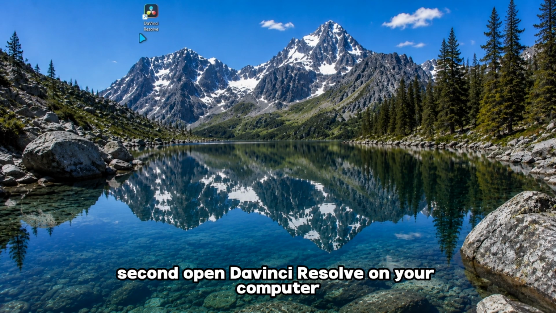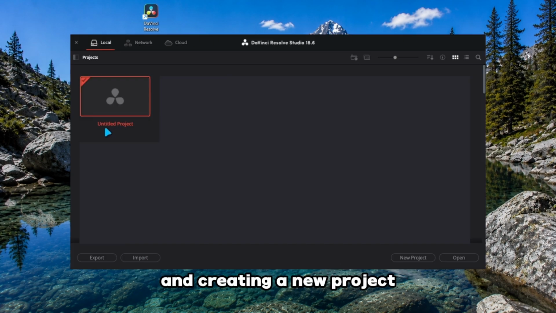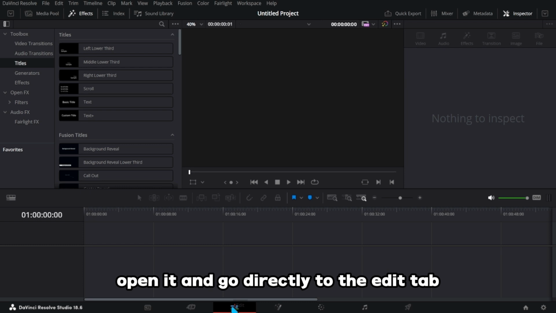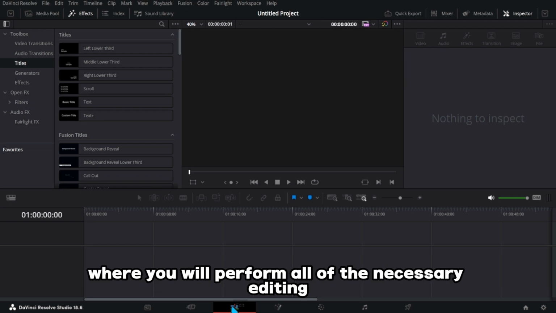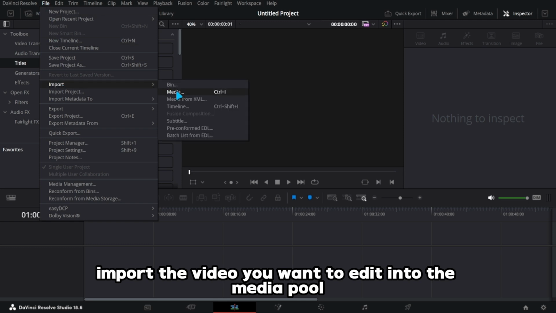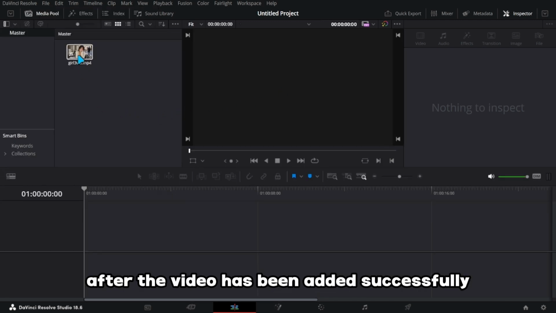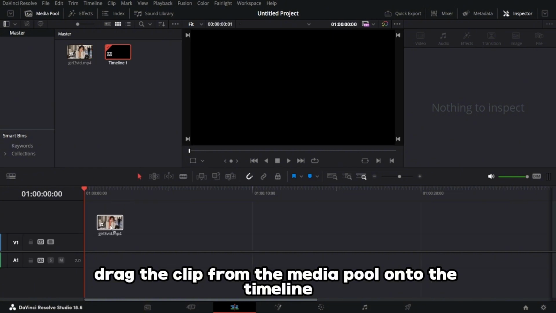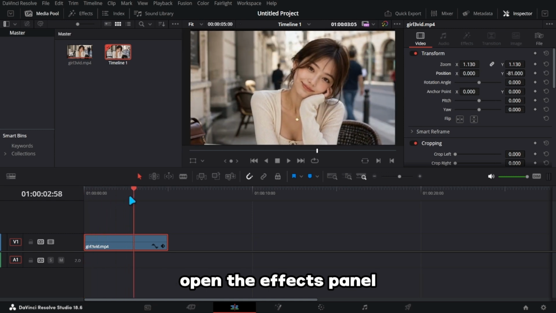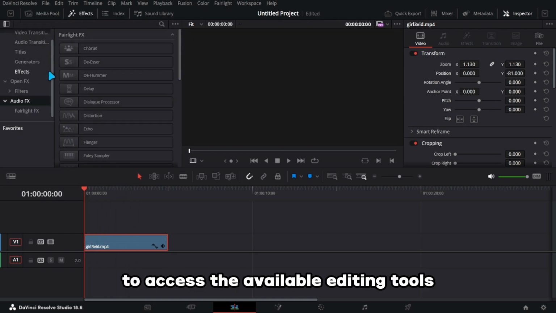Second, open DaVinci Resolve on your computer and create a new project. Once the project is ready, open it and go directly to the Edit tab, where you'll perform all of the necessary editing steps. Next, import the video you want to edit into the media pool. After the video has been added successfully, drag the clip from the media pool onto the timeline so it is ready for editing. With the clip placed on the timeline, open the Effects panel to access the available editing tools